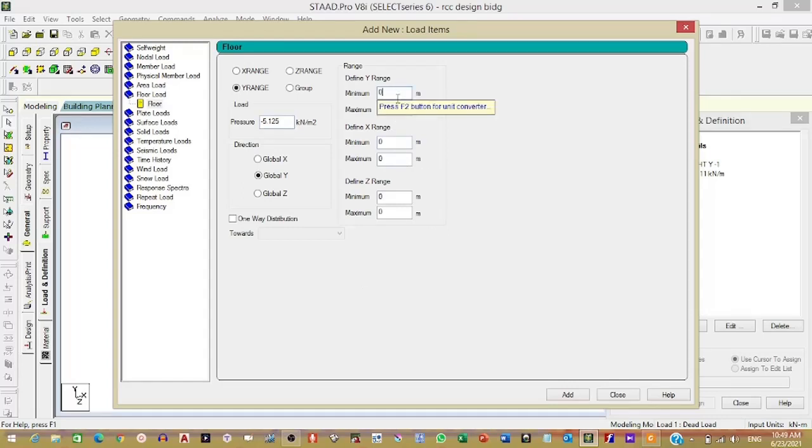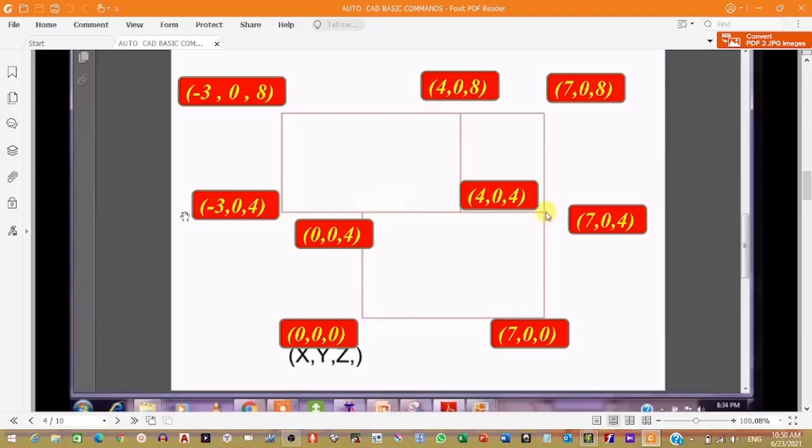So your minimum dimension of any node in X direction and maximum dimension of any node in X direction, and same way in Z direction.